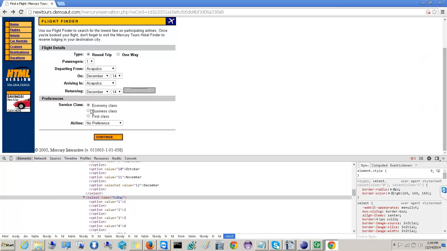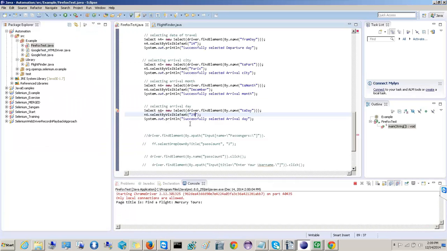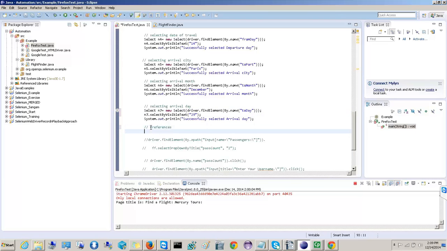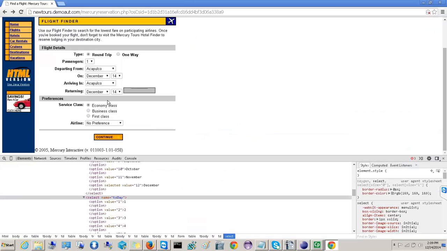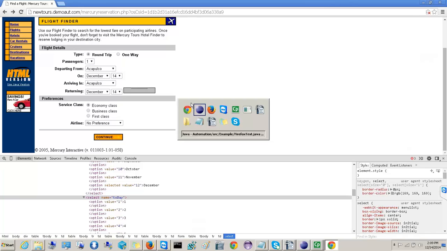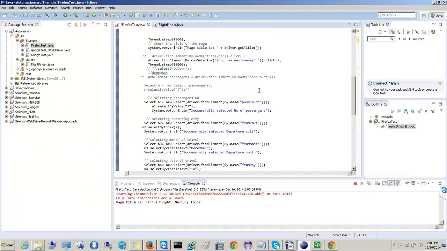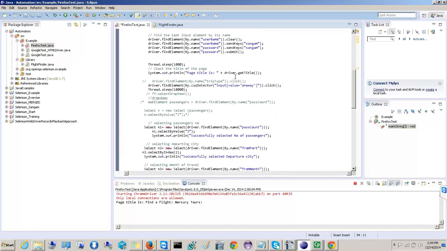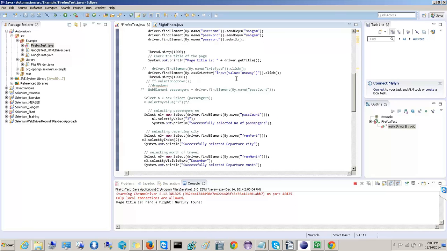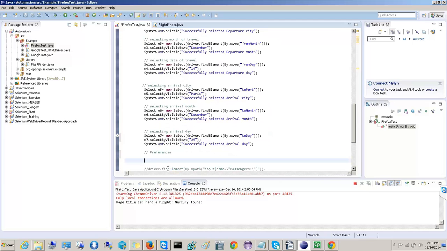Okay, so then we switch to the radio buttons preferences. N7. So radio buttons, dealing with radio buttons is easy. It's just find element dot click, right? So just the way we did it, we'll use the same, like this. So here we use CSS selector. That's okay. We can just use by dot name also. We could have done with by dot name. That's fine. Coming down, so I'll simply